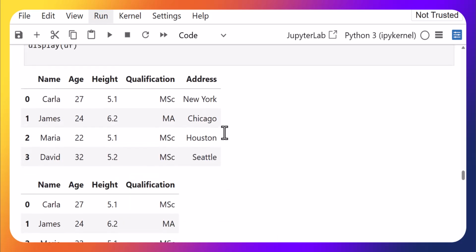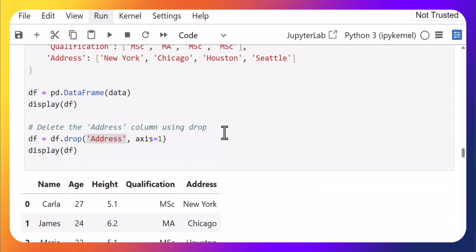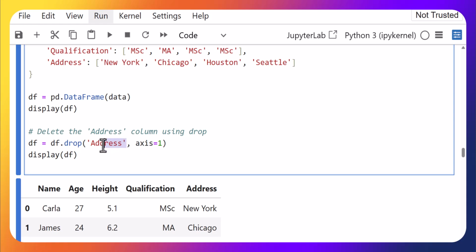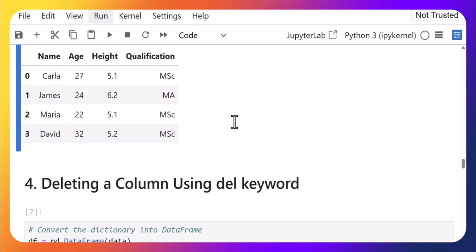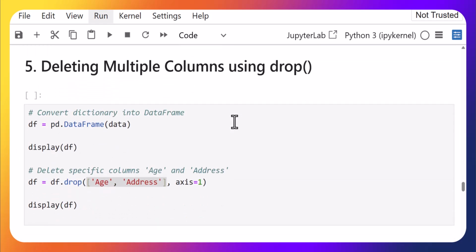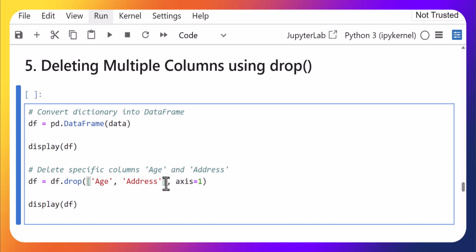When we deleted the single column, we did not use the square brackets because it is a single item, so there was no need to specify them. But now since we want to delete multiple columns, we have used the square brackets here as well. And within the brackets, we can specify the names of the columns which we want to delete,